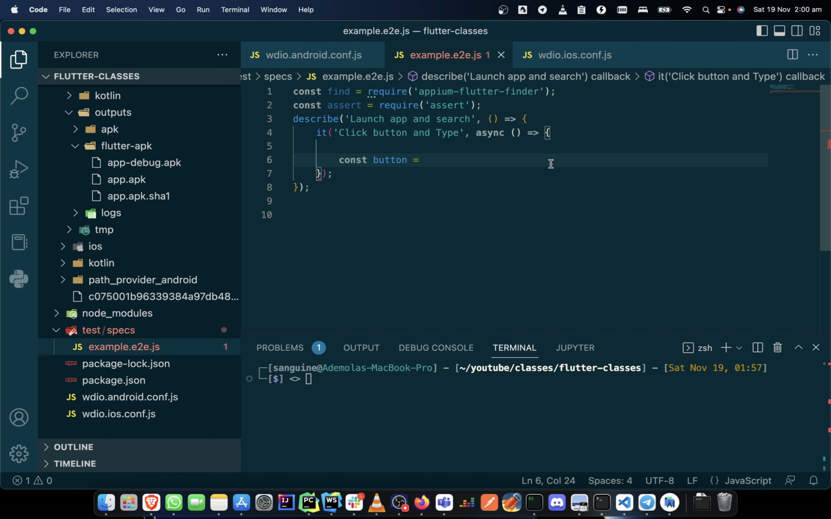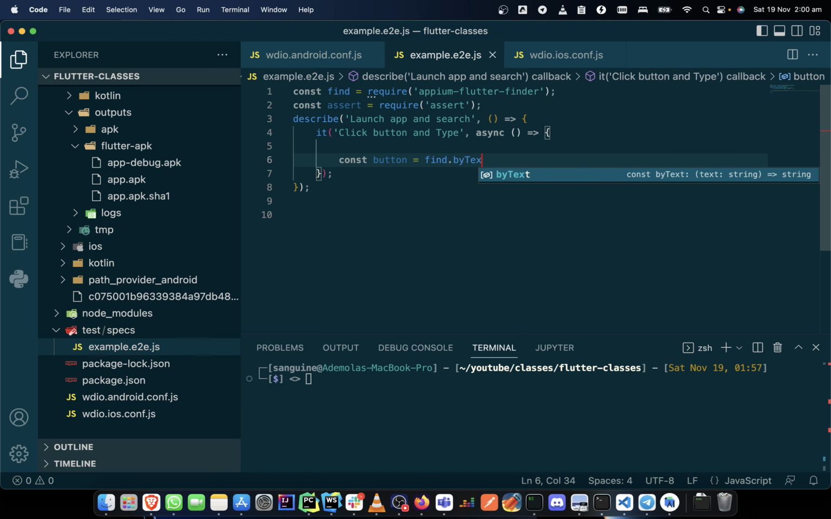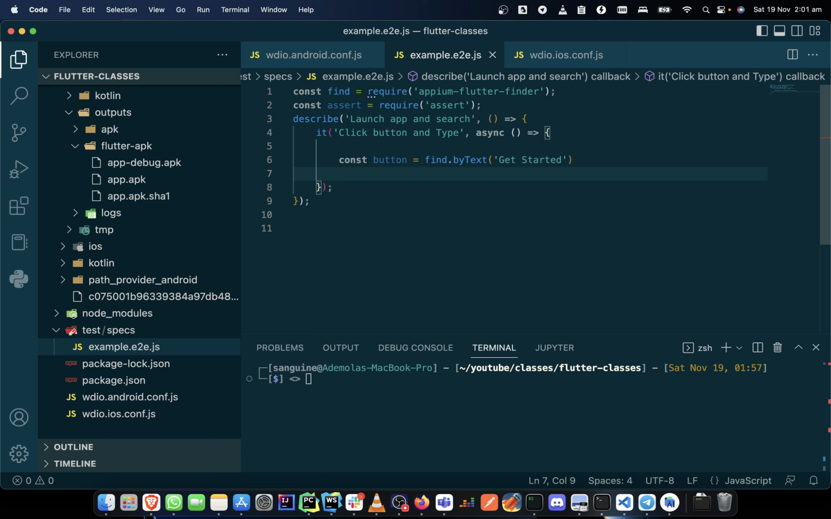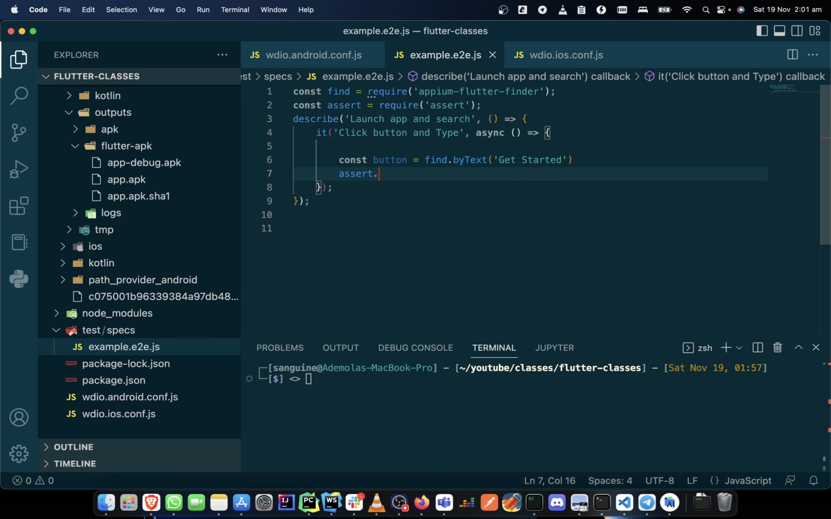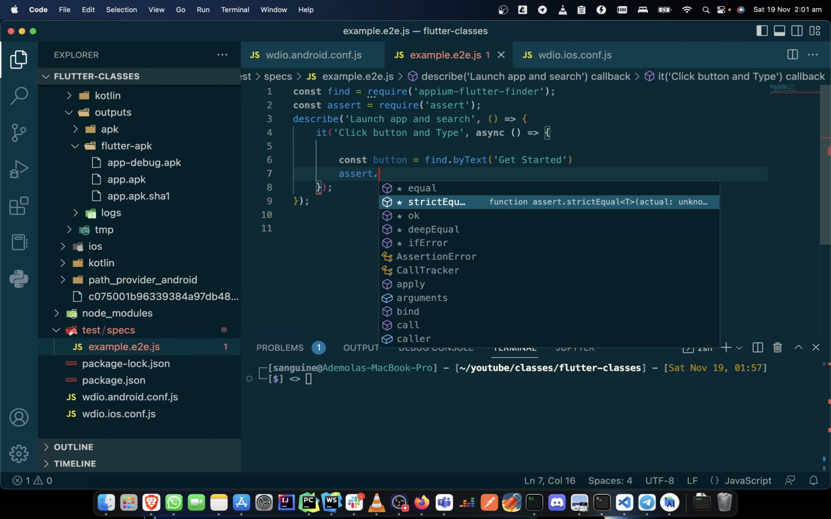So I can just say find by text, and what we are looking for is get started, right? While we've done this, we can equally assert. Let's not just click it. Let's create an assertion. So I can assert that strict equal,